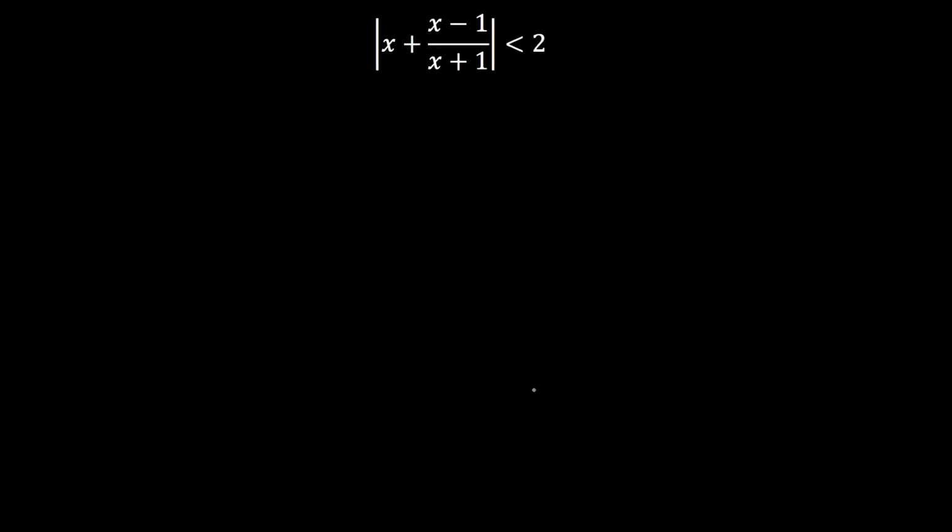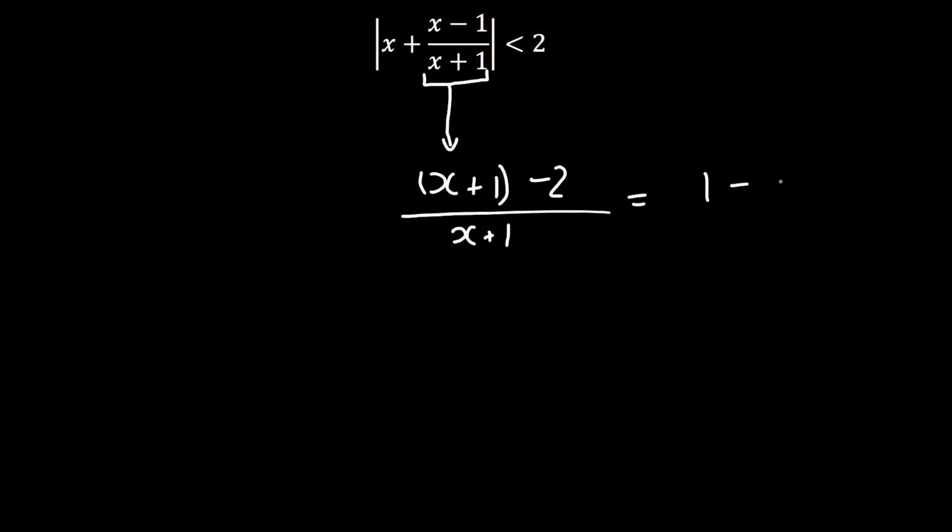In this question, we're going to be figuring out the set of values in which this inequality is true. Now for this question, I would like to begin by simplifying this quotient here. The reason is because the same order of x is found in the numerator and denominator, which means I can simplify this further. And the way I'm going to do that is to rewrite the numerator as x plus 1, which is the same as what we have in the denominator, but then subtract 2 to make it equivalent to the expression above, and divide that by x plus 1, and this should actually give us 1 minus 2 over